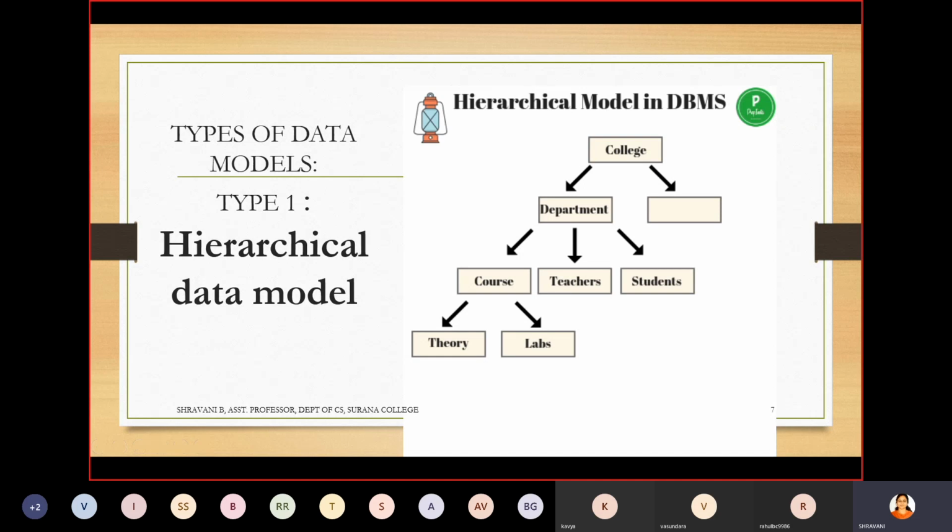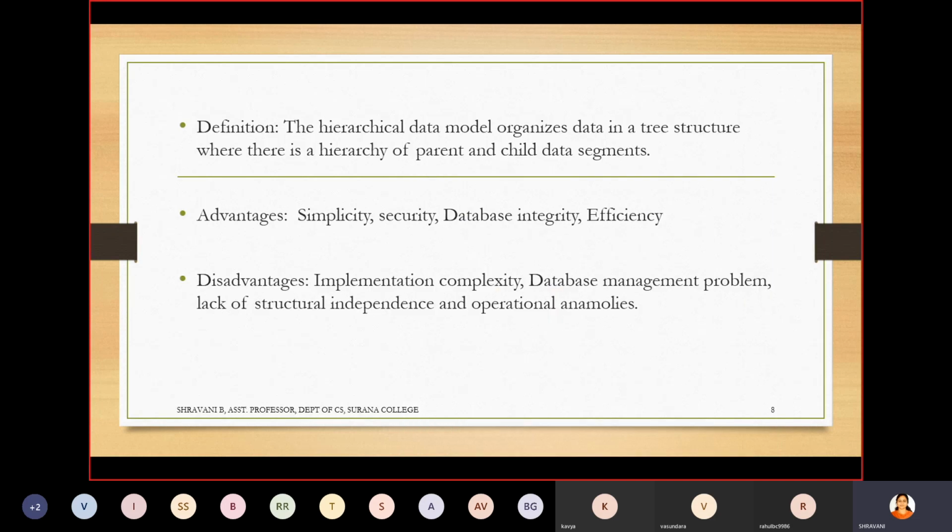And data integrity: course, teachers, students, when they are integrated together, then only can we call it a department. And the last one is efficiency. Since it is a tree-like structure, it is more efficient and good for understanding purposes.